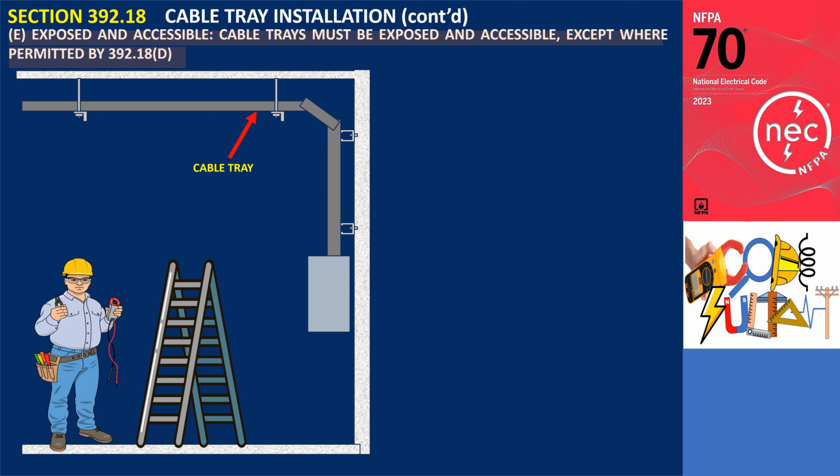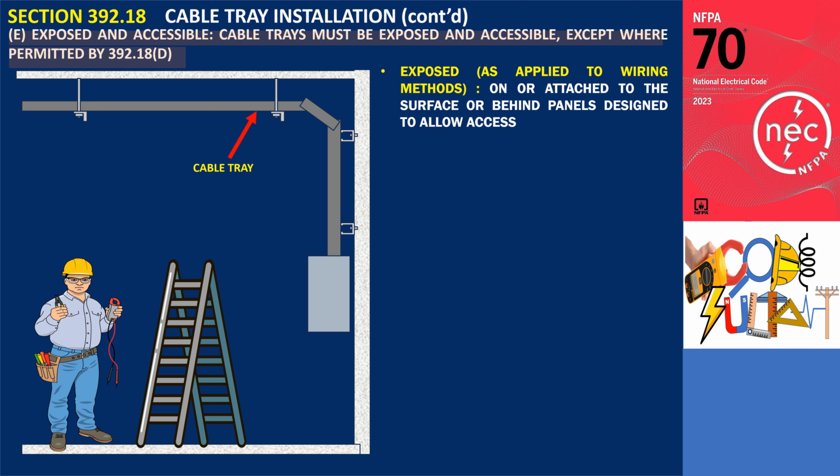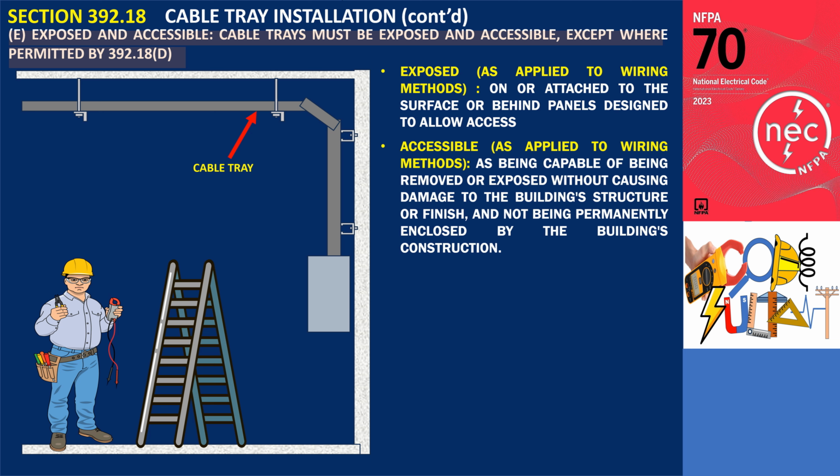Section 392.18, Exposed and Accessible. Cable trays must be exposed and accessible, except where permitted by 392.18(D). This section specifies that cable trays must be both exposed and easily accessible in most circumstances, with certain exceptions outlined in 392.18(D). The code defines exposed as applied to wiring methods, on or attached to the surface or behind panels designed to allow access, while accessible as applied to wiring methods, as being capable of being removed or exposed